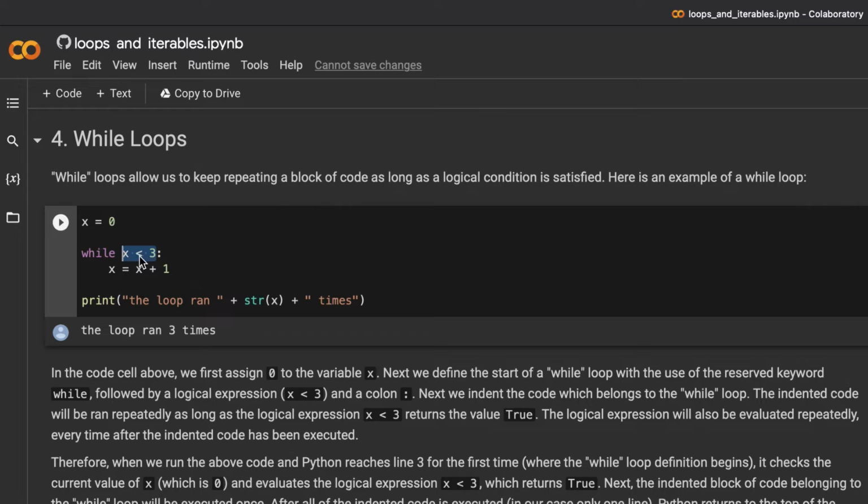As you can see, a while loop consists of 4 parts. First is the keyword while, which is again a reserved keyword. You cannot use it for anything else. Then you have some logical expression, and as in if statements and conditional statements, these logical expressions can be as complicated as you want. Here it's a simple one. We simply check whether x is smaller than 3, but they can be as complicated as you want. Finally, you have a colon, and then you have code which is inside the while loop, which will be executed until